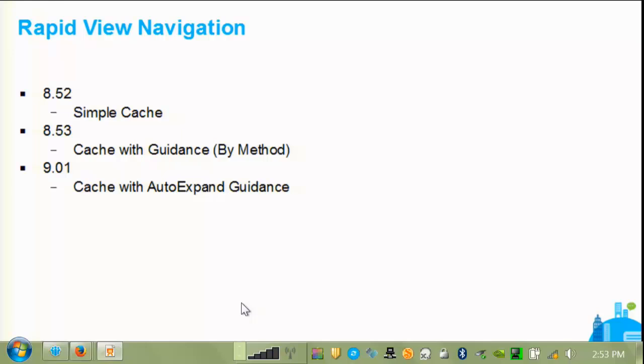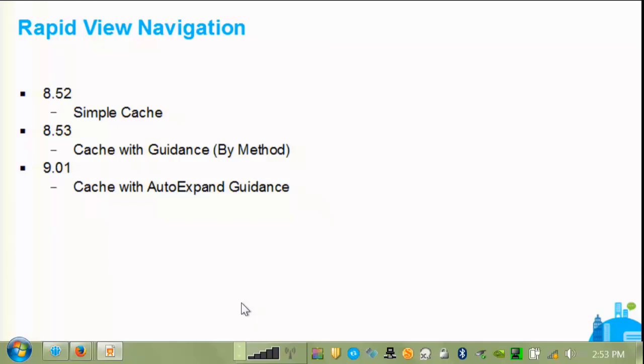So in 8.5.2, we changed the focus of our View Navigators to rebuild them for performance. In the old days, they read each view one entry at a time. This was ultimately flexible. You could do anything you liked with it, but it wasn't particularly fast. In 8.5.2, we introduced a cache. You can tell us how many records you're interested to get at a time. We'll read it in one gulp from the server,